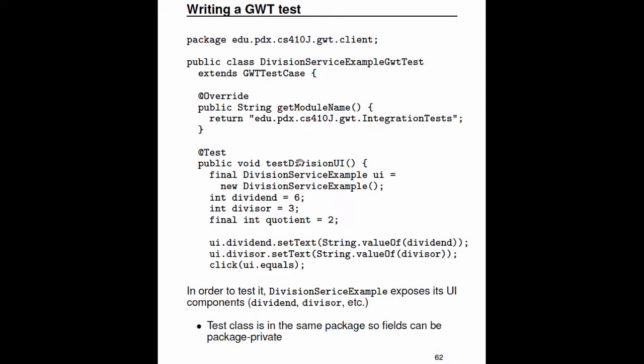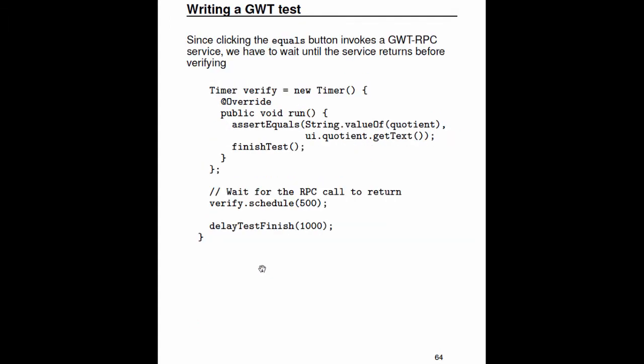So to my test division UI, I go and I create my example. I go and I set up the test condition. I click the button, and then I'll fire off a timer that says, wait 500 milliseconds, and then run this method, do the assert equals, and call finish test. If finish test is not invoked after 500 milliseconds, or the assert fails or whatever,